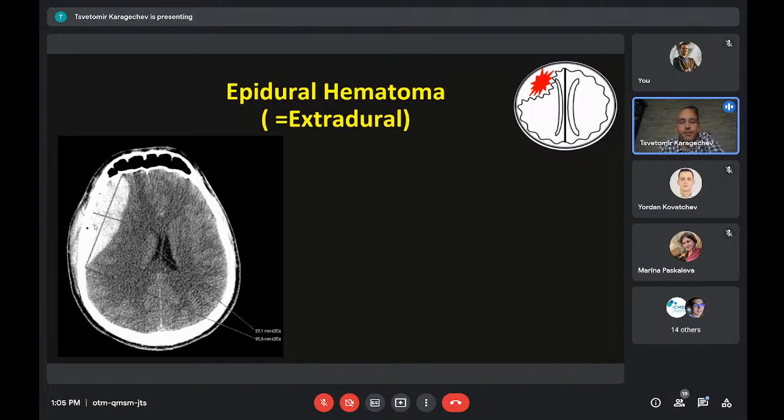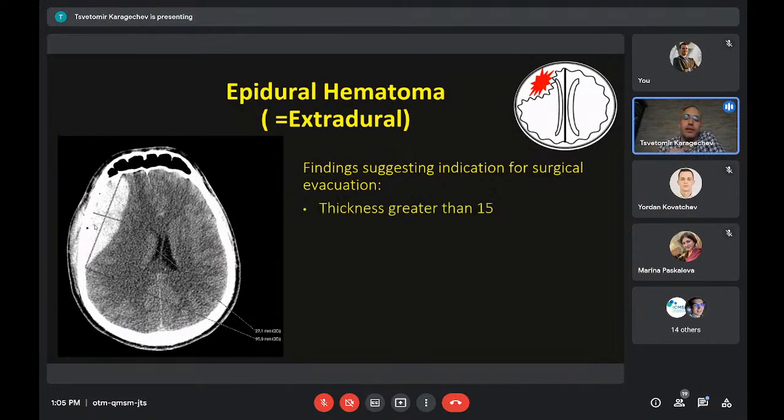And a couple of important things I want you to remember about epidural hematomas. So there are a couple of findings that we need to recognize. These hematomas tend to go bigger. They tend to gain volume. And like Dr. Kovatchev told you, everything that gains volume inside of the skull applies mass effect on other structures. So this is really crucial for the patient.